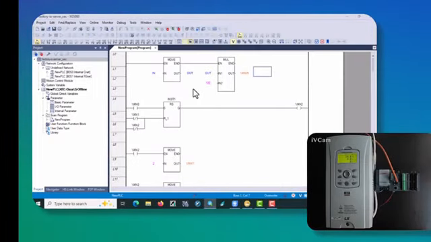Alright, step by step, we'll go through the procedures we need to follow for this task together. The first thing we want to do here is configure our relevant PLC. We want to connect the PLC to the Factory I/O software via Modbus TCP, and also connect the PLC using the Modbus RTU protocol, set up over the RS485 network, to this inverter,